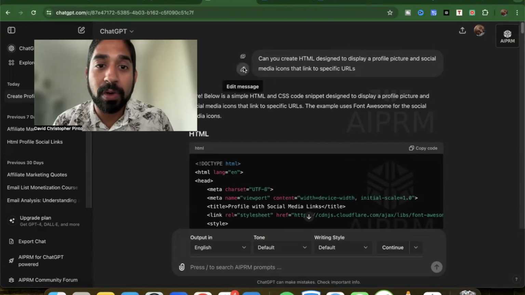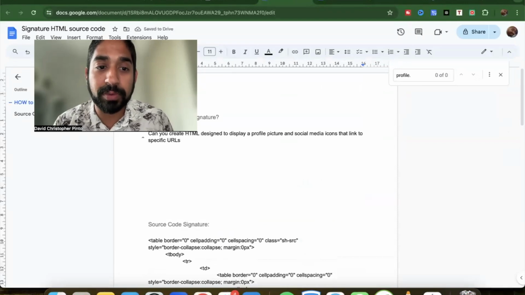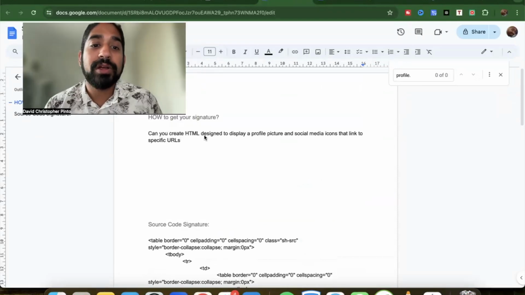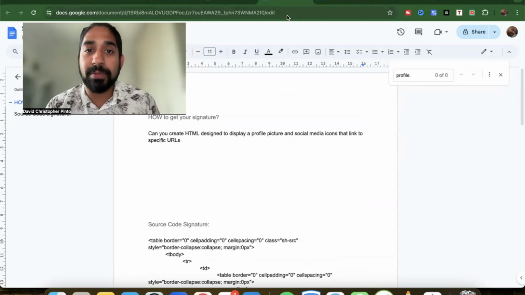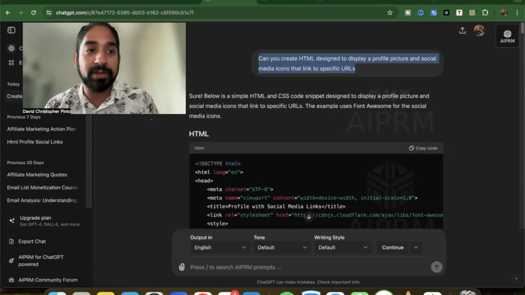actually copy it. So we are going to copy this message. And the reason why I'm going to do that is I'm going to have this document right here. And in this document right here, I'm going to add all the prompts and everything else. So this is the first prompt that I have, which basically said, can you create a HTML design profile picture for me, etc., etc. So what ChatGPT has done now, and let's do it again so that you can see